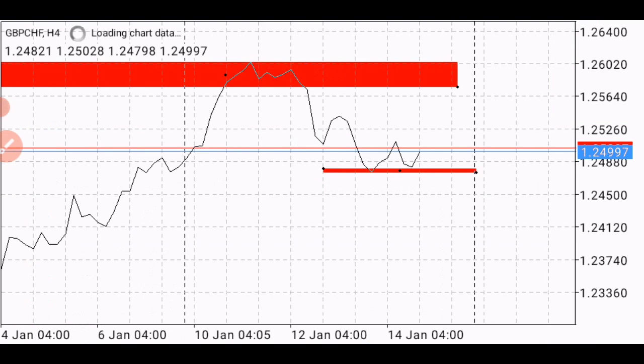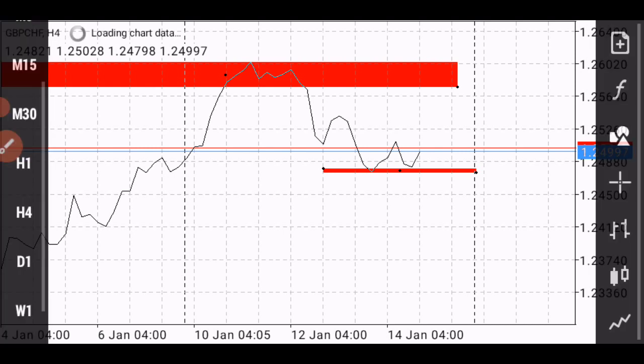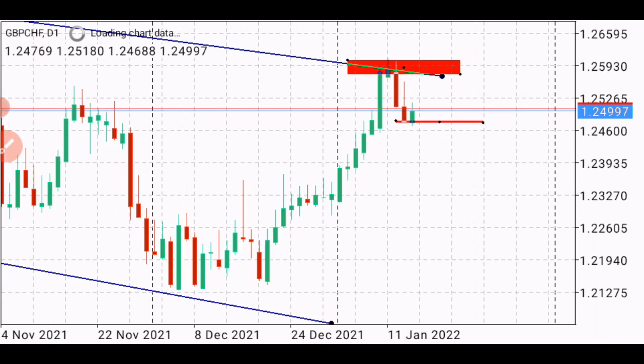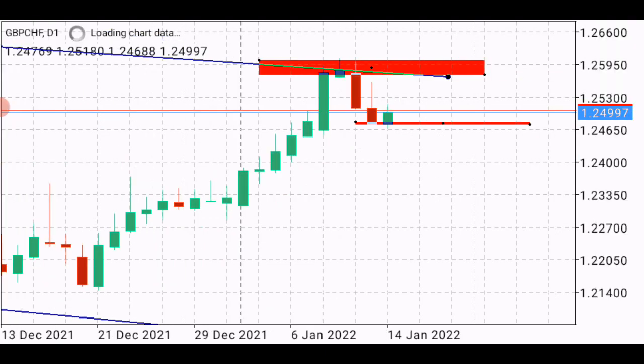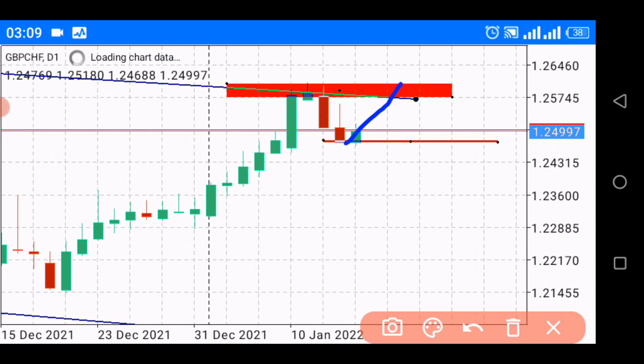Though this W formation is in a wrong place, but it's in the middle. It's not in a wrong place. It's in the middle of the structure. We shouldn't take a trade like this, but I'm taking this trade here. The reason for me taking it is because I'm probably expecting a movement up here. So I'm expecting a movement up here in the 1 hour, in the daily charts,